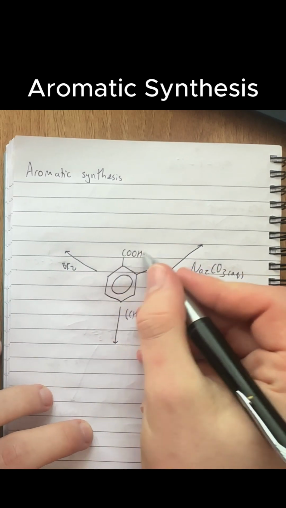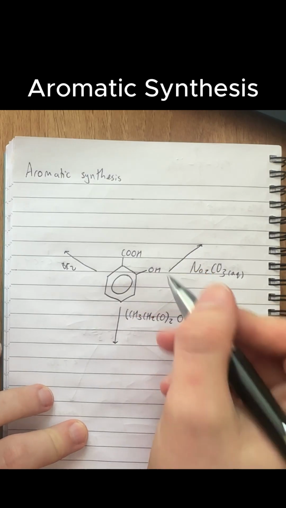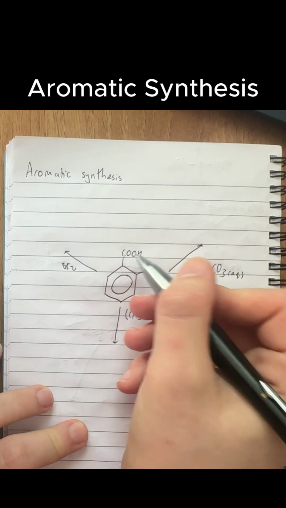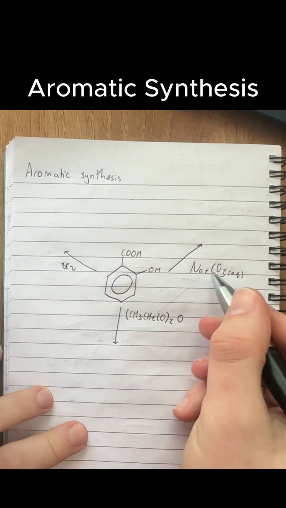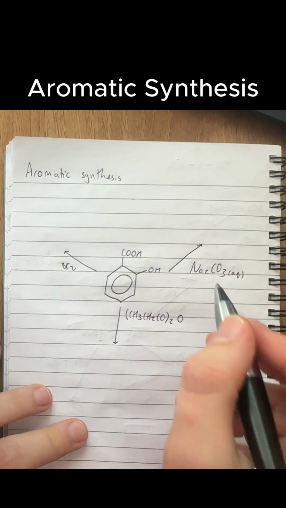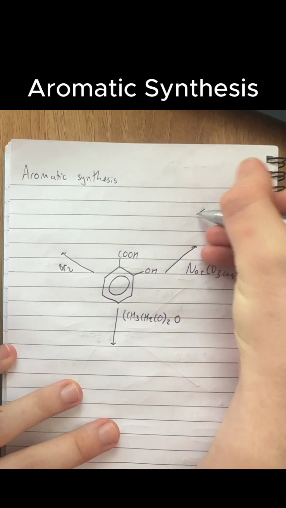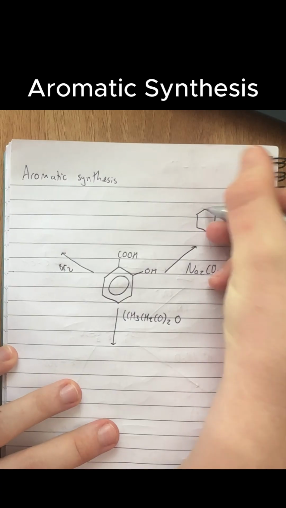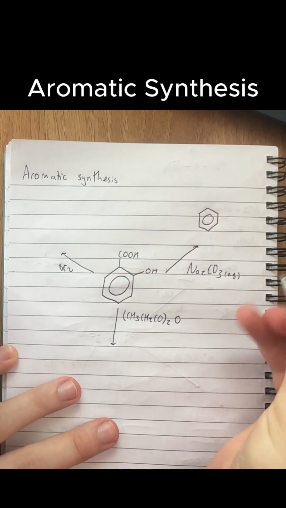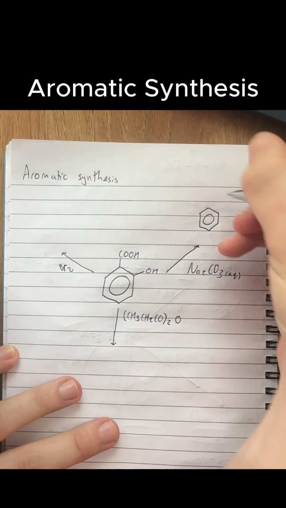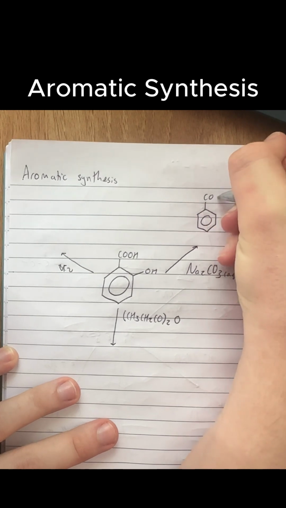So we know that it's got a carboxylic acid group, and it's got an OH group. This is a pretty strong acid. This is a pretty weak acid. And this reacts with a weak base of Na2CO3. And as it's a weak base, that means it's not very good at deprotonating, sorry. And so if it's not very good at deprotonating,